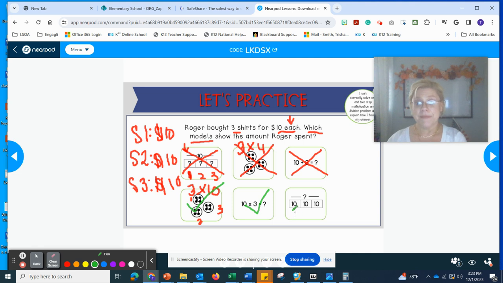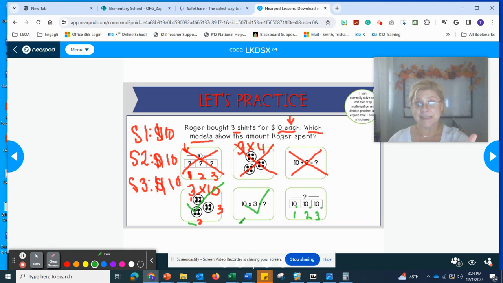Last one. We have 3 boxes. Those 3 boxes can represent those 3 shirts. So let's label those 1, 2, and 3. Shirt 1, shirt 2, shirt 3. Then, how much is each shirt worth? Each shirt is worth $10. So let's check each box. $10, $10, $10. The only thing we don't know, which we don't know with either of these other 2 examples that we have selected,